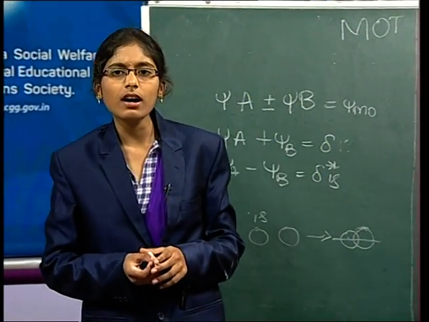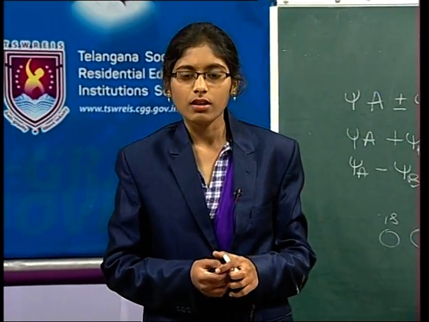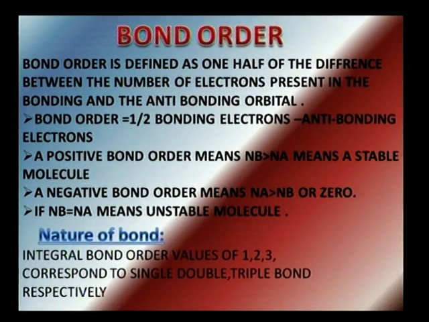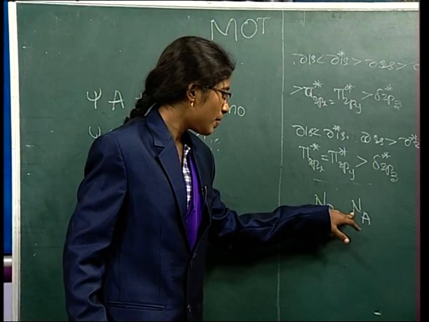Then what is the bond order of molecules? Bond order is defined as 1/2 of the difference between the number of electrons present in the bonding molecular orbitals and the number of electrons present in the anti-bonding molecular orbitals. Bond order equals 1/2 (bonding electrons minus anti-bonding electrons). Okay. A positive bond order means Nb is greater than Na. A negative